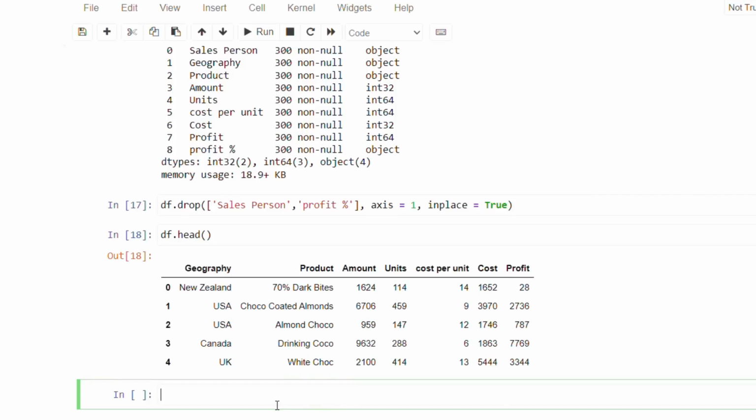So what we will do is create another column here, and I will name it updated profit, and we will perform a calculation in which we subtract cost from amount. In order to do that, we will simply write df, and inside that I will write updated profit